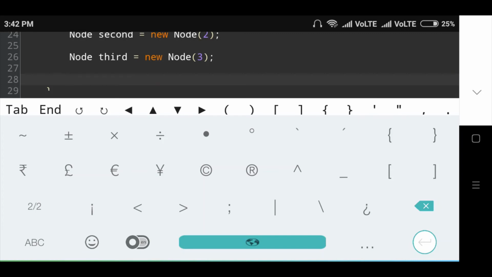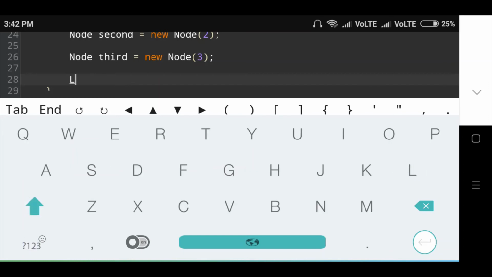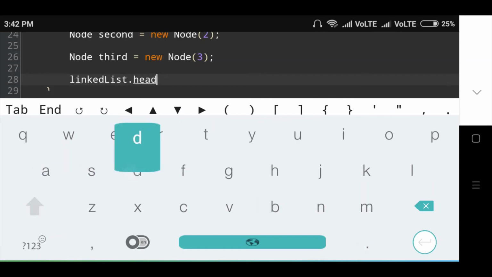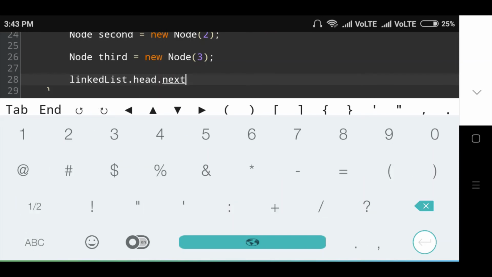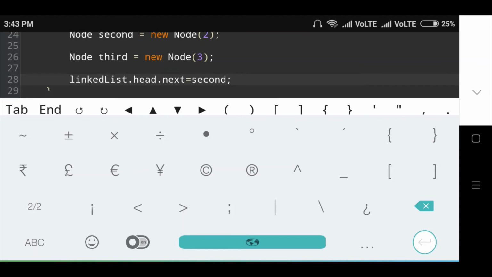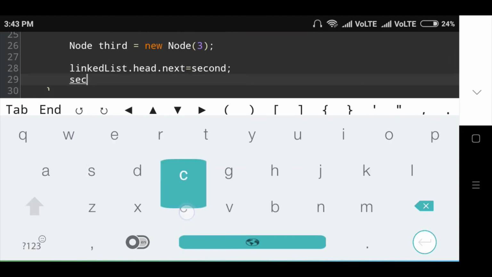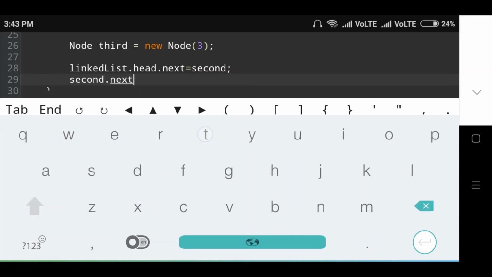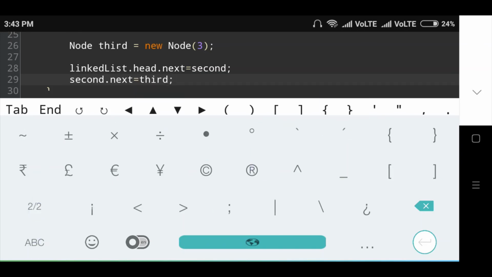Then connect each node of the linked list to the next node. list.head.next = second; then second.next = third;